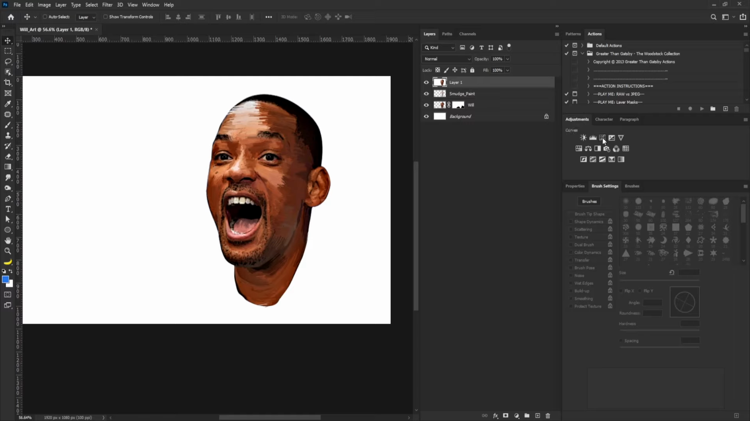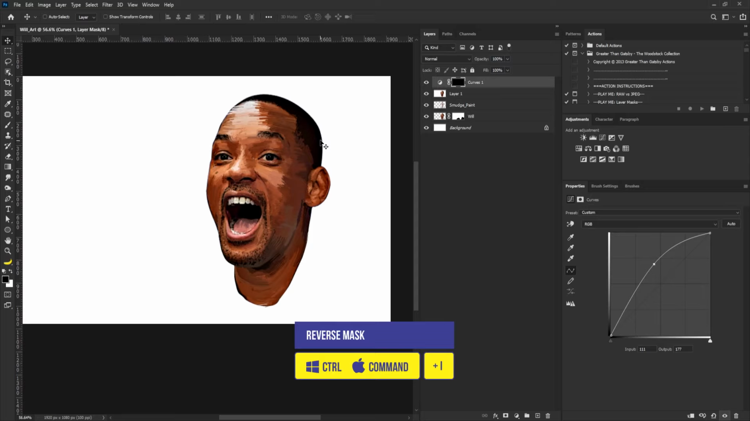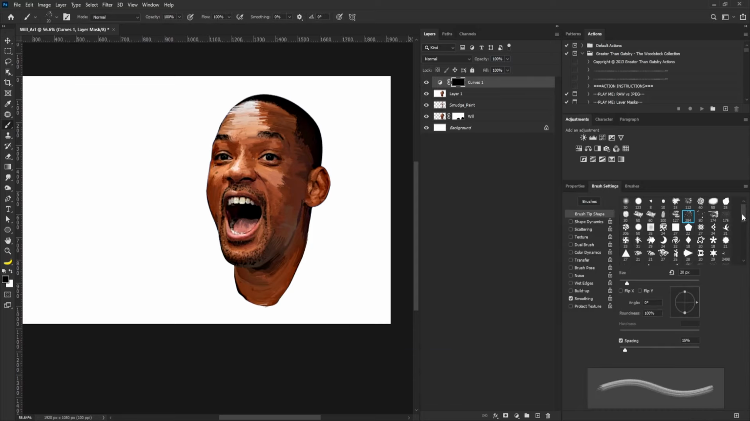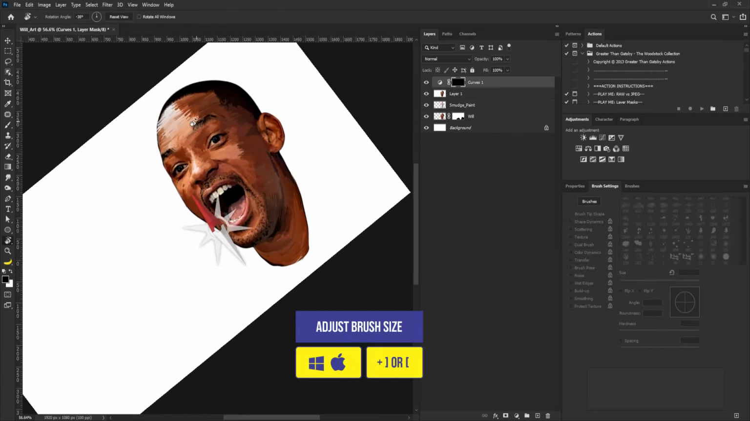So I'll select the curve adjustment here and just push this up. Alright, so I'm going to reverse the mask by hitting Ctrl I, and I'll select the brush tool. I'll go straight to the brush settings and scroll down till I get to the CG brush. I'll scale that down, rotate it this way,